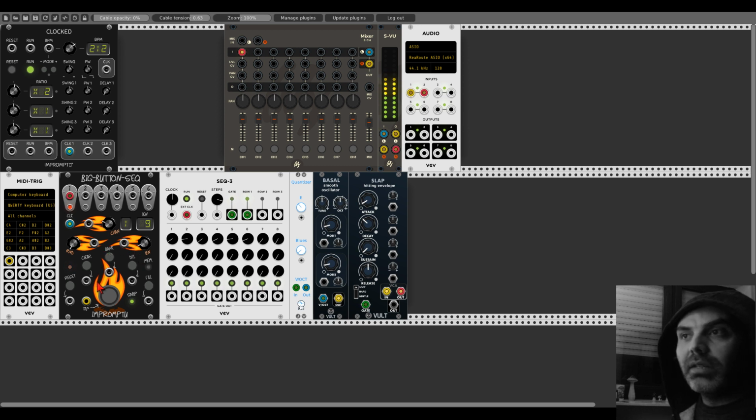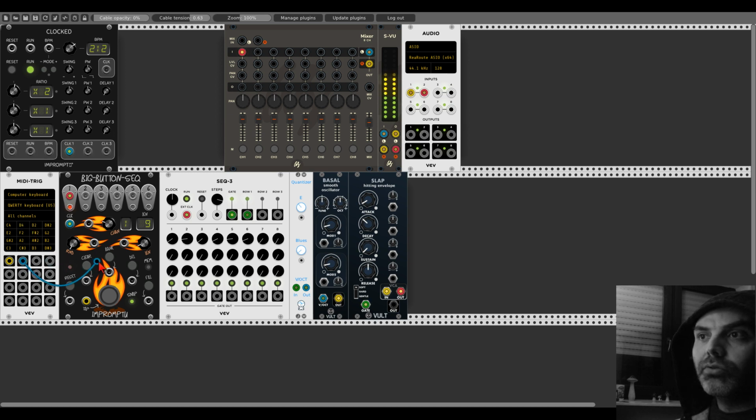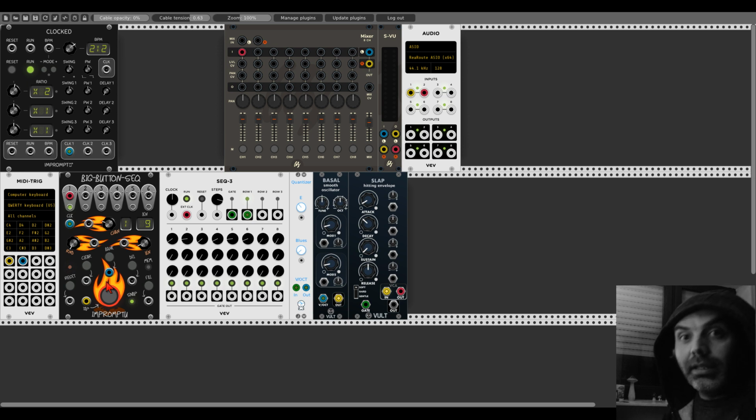Okay, now this was the first bank. I will also assign X to the second slot here, and this will control the bank. So now I can change to the next bank. You can see it's highlighted in red. And now we can enter another sequence. Let's enter a different sequence. And now, when I change the bank,